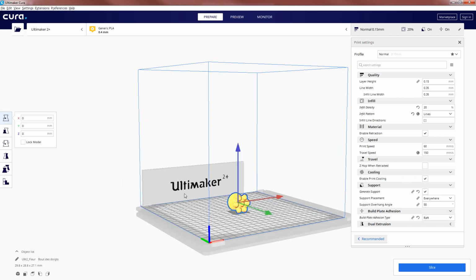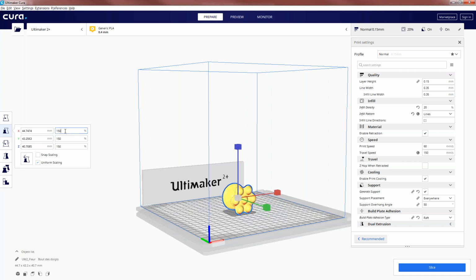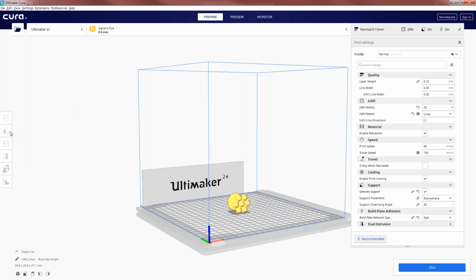If you click on the part, tools like move, scale, rotate, and mirror are highlighted. If the part is very small, you can increase it using uniform scaling.